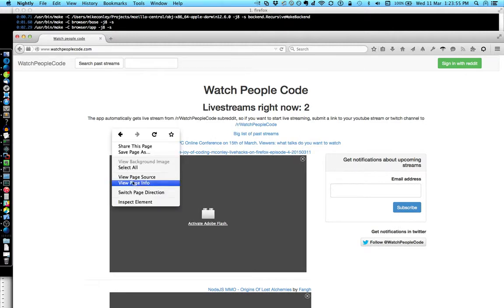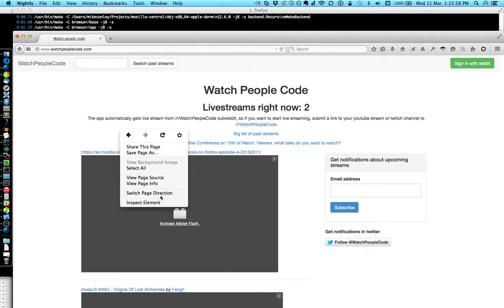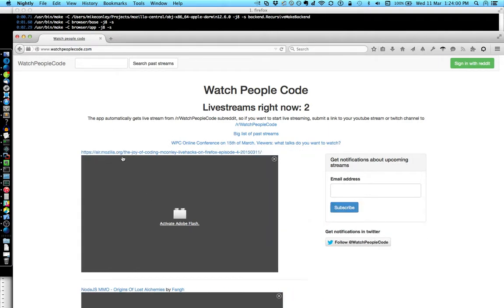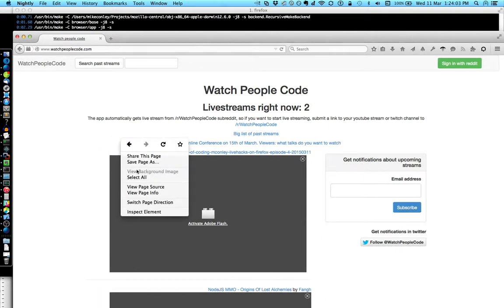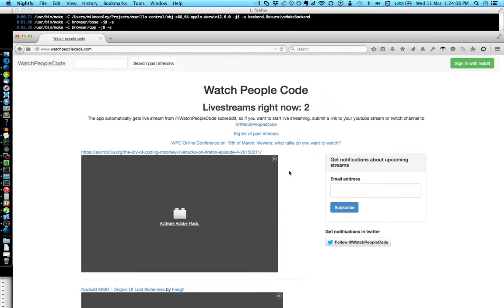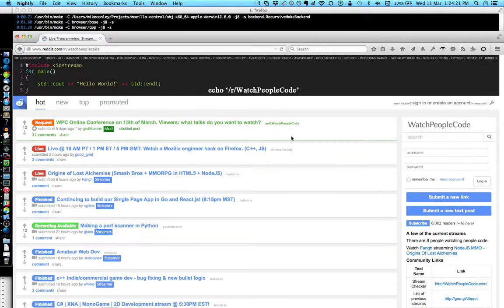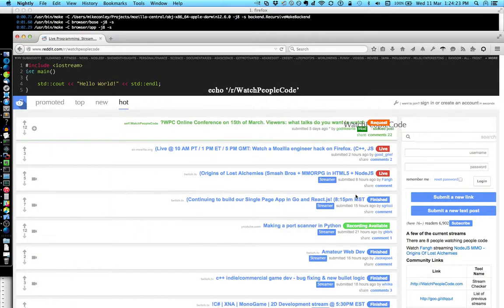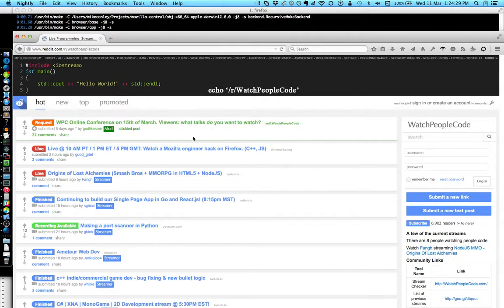Hey, alright. I didn't hear any clicks, and I believe we're switching the page direction. I can tell from the total rejigging of the DOM, the relaying out of the DOM, that it's probably working. Let me try a different page. Let's try reddit.com, watch people code. And let's try here, switch page direction. Yeah, that's what we want. And I'm not hearing clicks. This is great news. Okay, so this to me is an R+. It fixes the problem